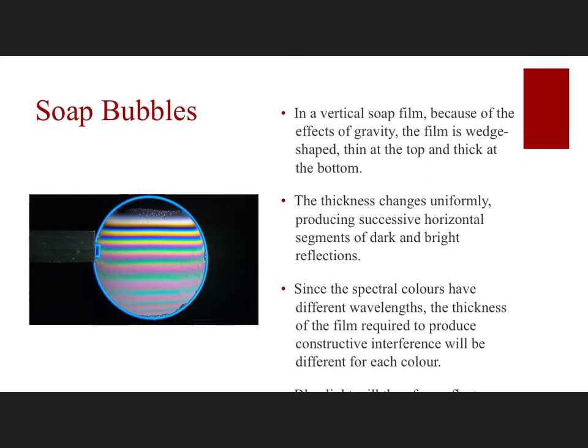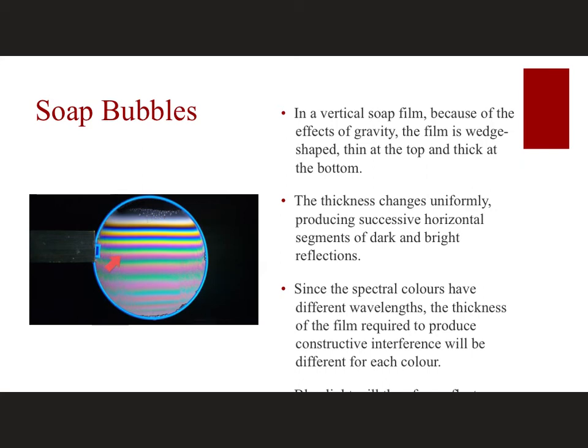So because all of our colors from white light have their own wavelength, you can see here that I'm actually going to get different colors. Where I see them is where that particular wavelength is going to have constructive interference. I don't see blue right here, probably because it's destructive interfering, but more importantly,